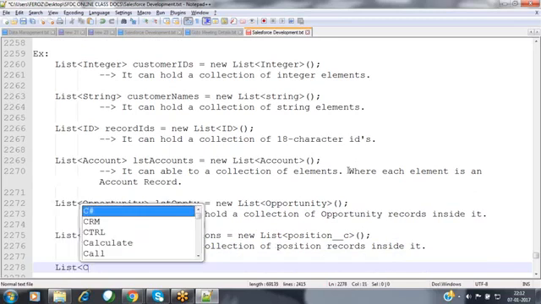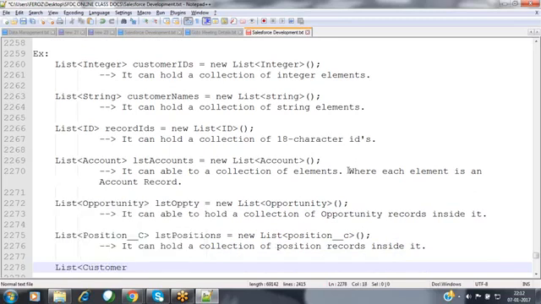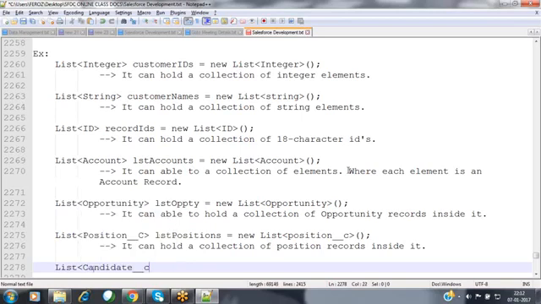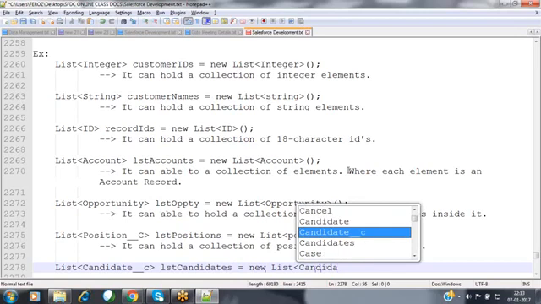If you want to store some customer records here or candidate records, candidates equals new list of candidate.